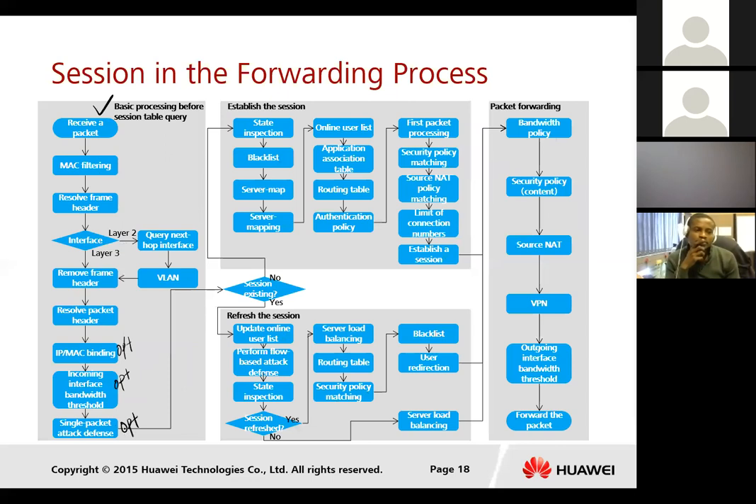Do you have any binding? Do you have any limiting on the inbound interface? And do you enable single packet attack defense? These are optional. The session one is compulsory. So this one is compulsory. This one is optional. For these two, they happen only when using